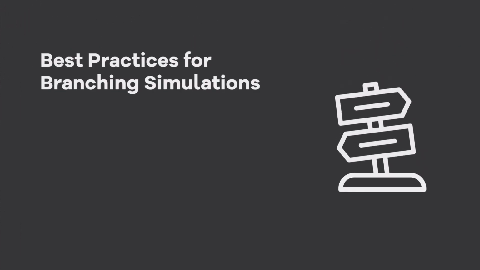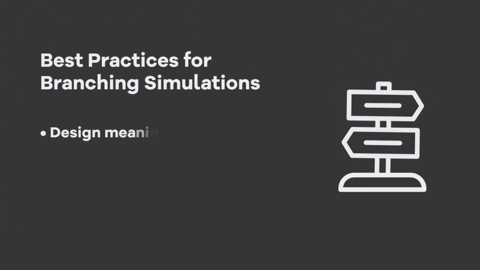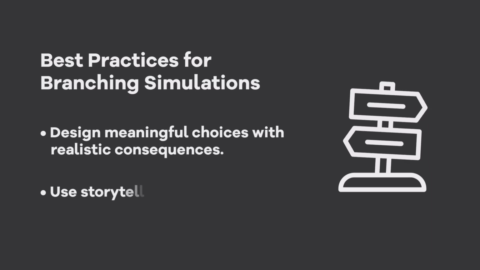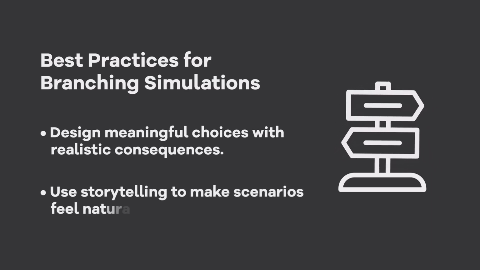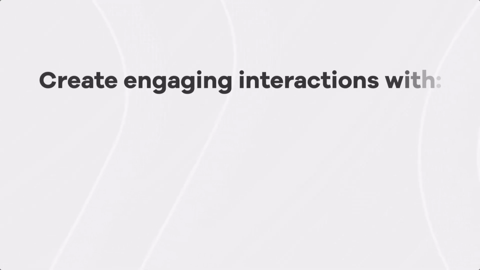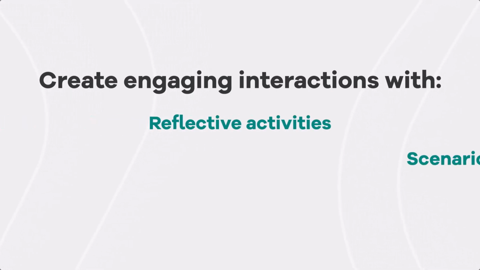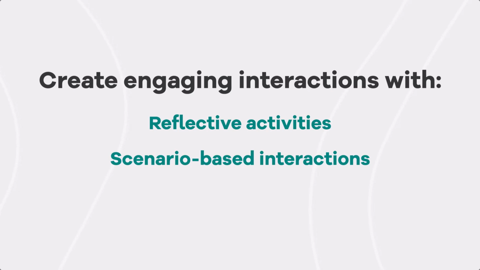When creating branching simulations, make sure to provide learners with meaningful choices that have realistic consequences to make the learning concrete and relatable. You can also use storytelling, which is a very effective way to make your simulated scenarios feel natural and engaging. To design engaging e-learning interactions, use reflective activities to deepen learning, scenario-based interactions for decision-making practice, and